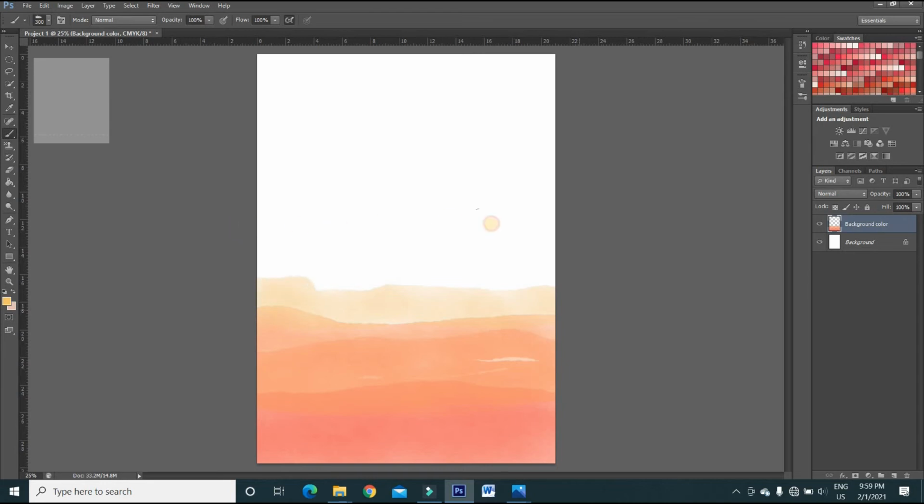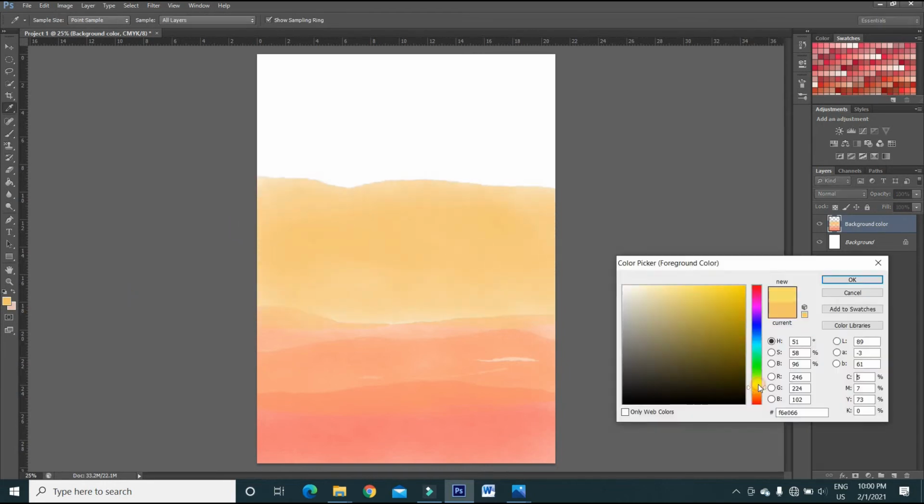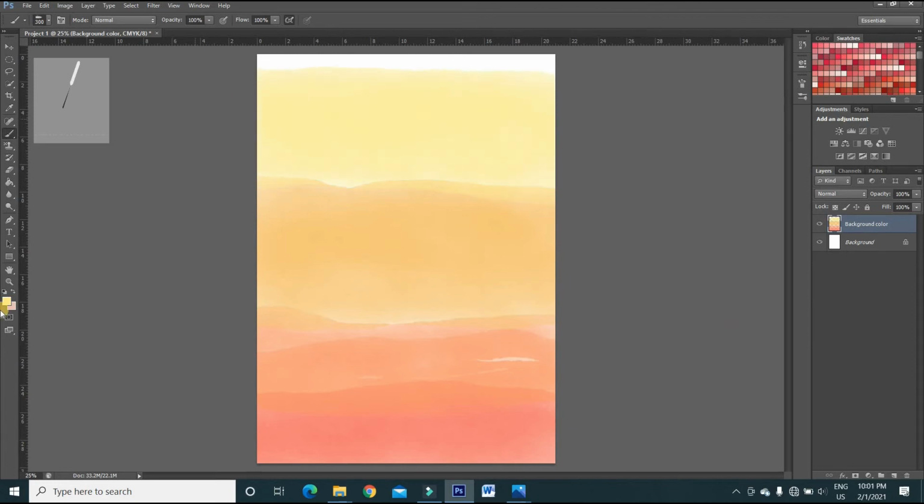Just repeat the steps till you reach the end. And now for the next design, take a new layer and using a pen tool, we are going to make curvy lines.